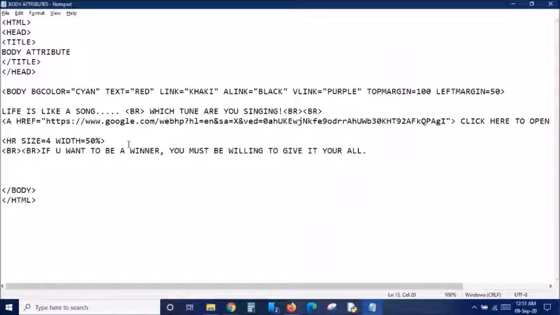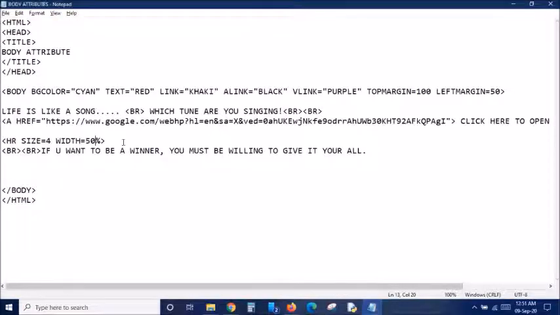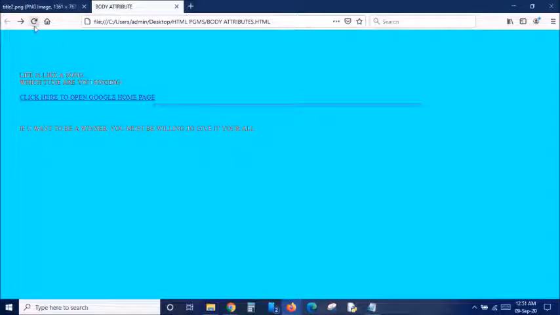Next we are going to see the next attribute, align. Now you can see in this example we have the text at the center, but we don't have any text here. All the text is aligned to the left, so I'm going to align even the HR tag to the left side. So the attribute is align equal to left. We have already learned four types of alignment: left, right, center, and justify. You can give whichever you want. By default, it is center. Yes, it is aligned to the left side now.